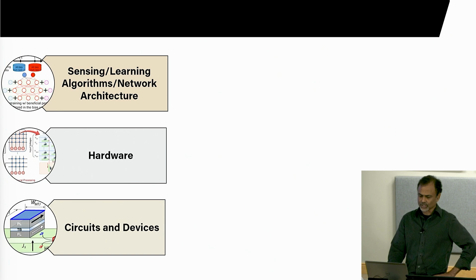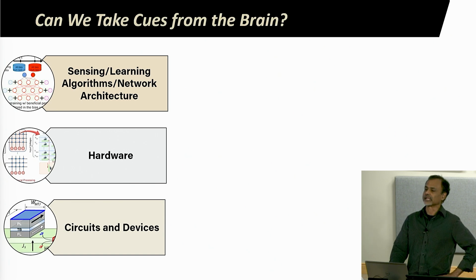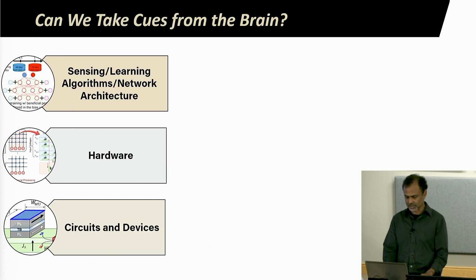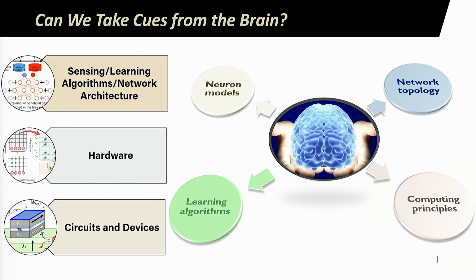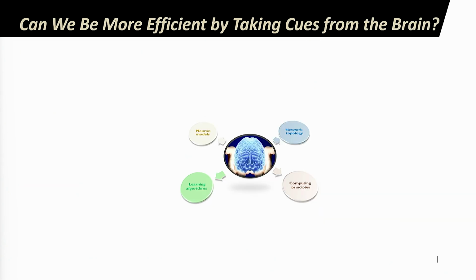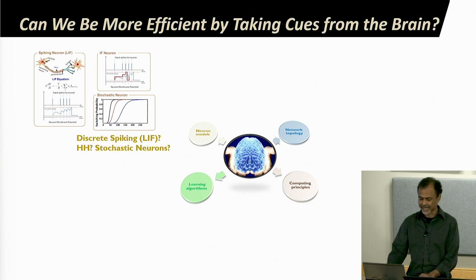So the question, of course, is, can we take any cues from the brain? Because at least we know that the brain is reasonably efficient. To that effect, the question then becomes, what are the cues that I can potentially take from the brain? How about the neuron models, the learning algorithms, the network topology? We talked about each of those things. And finally, the computing principles of the brain, whatever little we know of it. So going into a little more detail of the cues that we can potentially take from the brain,